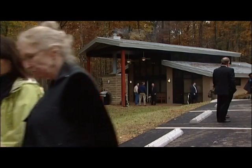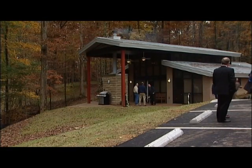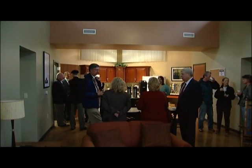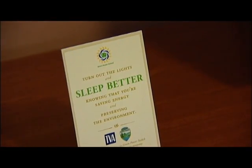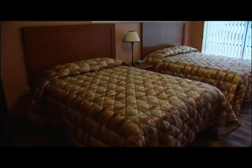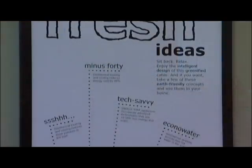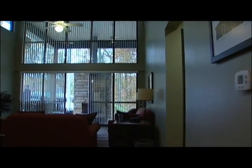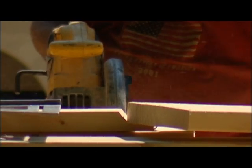We only have one Earth, and we need to conserve all of our natural resources to the best of our ability. Each villa has a 450-foot well to capture the energy of the Earth for heating and cooling. It also reduces noise and pollution. Geothermal technology is not only considered the most efficient, but in the long run, one of the most inexpensive. And they're going to save 40 to 60% on their utility costs. While the state takes a very big step with a light footprint at Montgomery Bell,